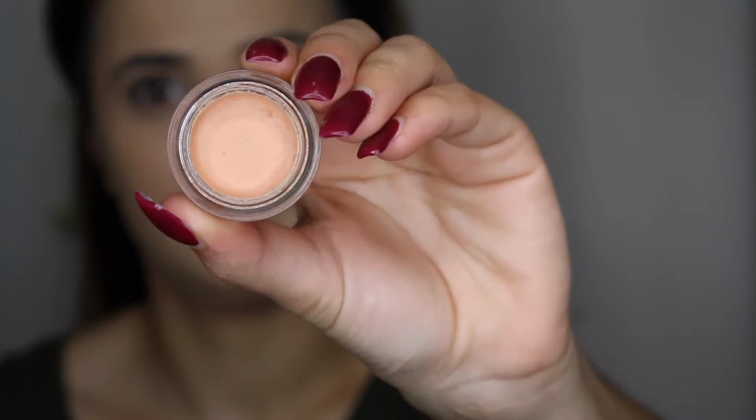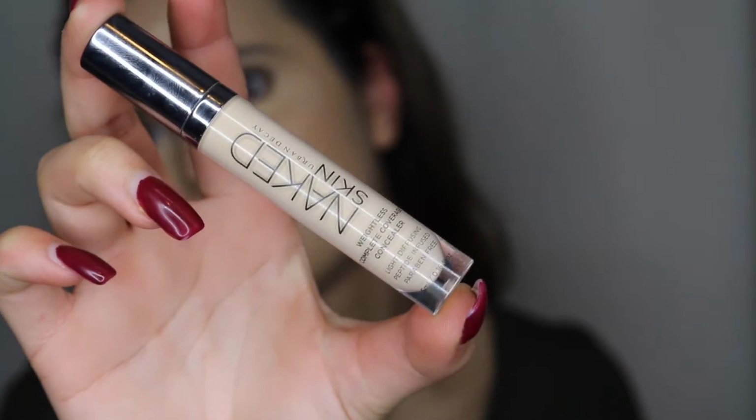Then I'm using a BECCA concealer and an NYX dark circle concealer. And I'm using that to just clean up any dark circles. And you can see it really brightens my eyes. It takes away the darkness. It really lifts it. Then I'm taking the Urban Decay Naked Skin concealer